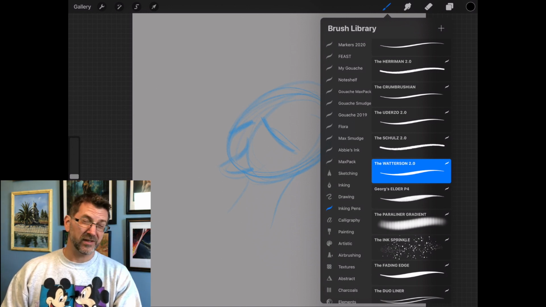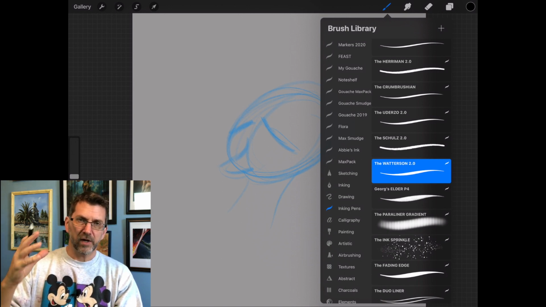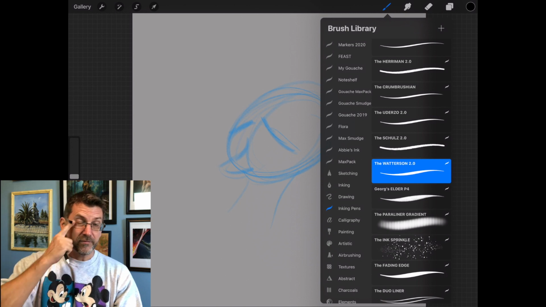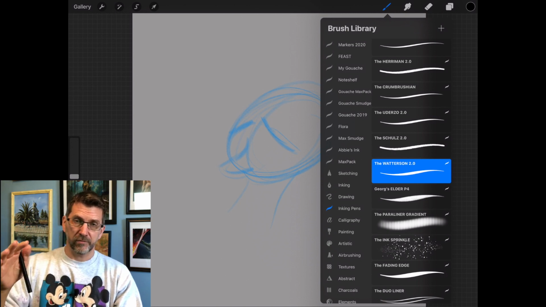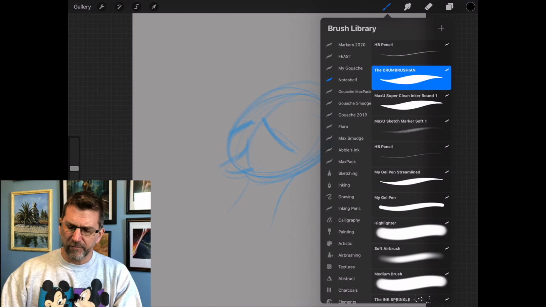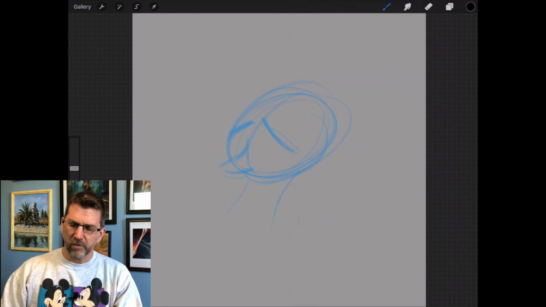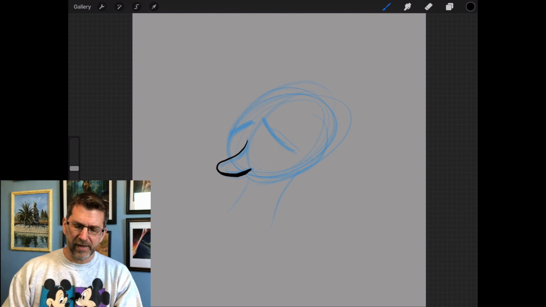So yesterday when I did the disgusting one, I chose Bill Watterson's brush, which is trying to emulate the style of Calvin and Hobbes. Not that I think that's disgusting, because I think that's awesome, but I thought that the really rough style of that brush would lend itself to that. But I have mostly been using this Crumbrushian, and so I'll come in here and go to my 100% black,